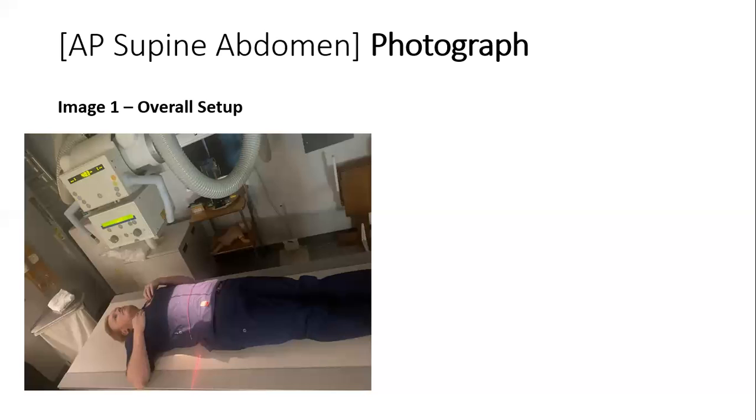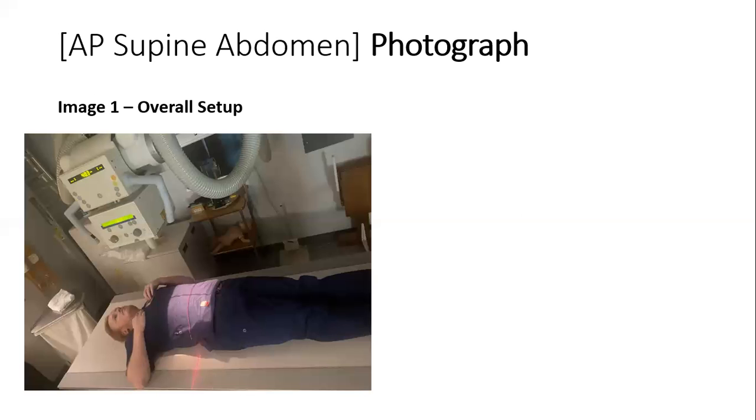Our patient position for this image should be that our patient should be supine on top of the table bucky, and be sure that they are mid-sagittal plane, which is to be centered to the midline of the image receptor. Patients will need to have their arms at their side or on their chest, so long as it is away